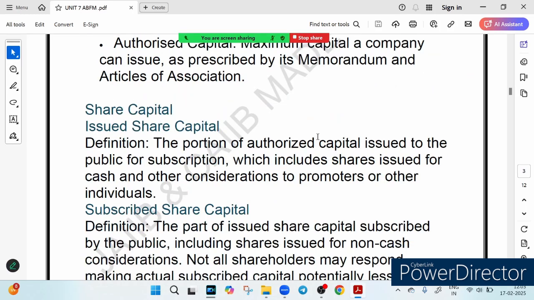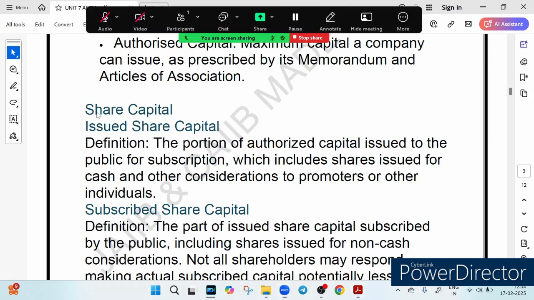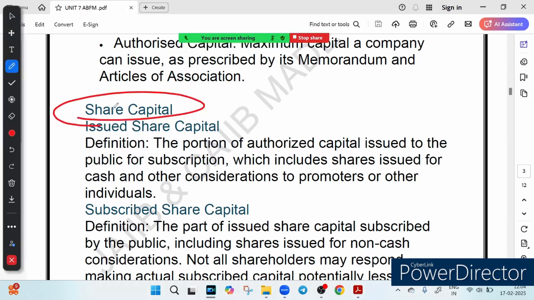So now let's talk about share capital as an essential topic for business and finance, right? Have you ever wondered how companies raise money by selling shares? This slide will help you understand it in a super simple way. First of all, we have to understand what share capital is, right? What is the meaning of so-called share capital? You can think of it like this. Imagine you want to start a restaurant but don't have enough money.